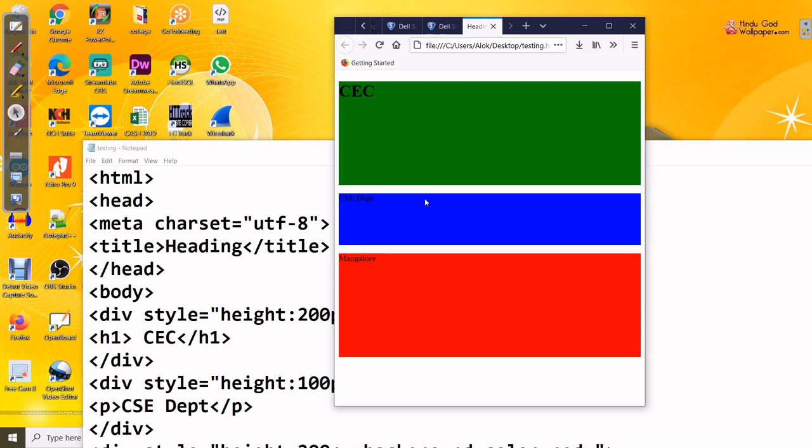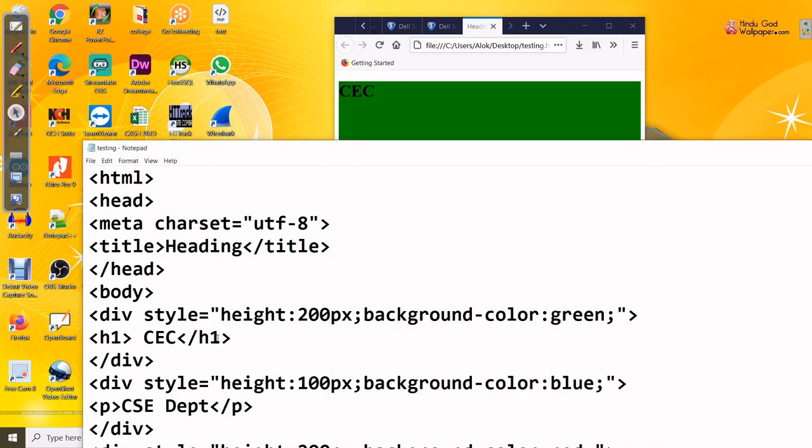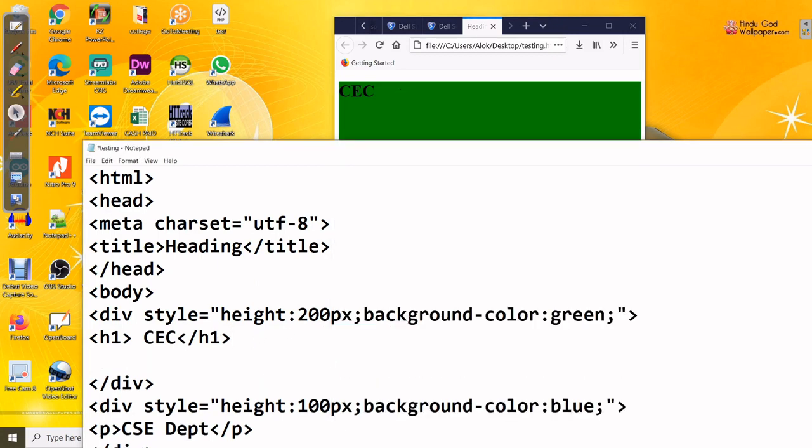Now inside one partition you can make one more partition, that is also possible. So in that case, you see here the first partition, this green part is the 200, so there I will make one more partition. So what we have to do, after the CEC of this one, you start one more div tag, right?